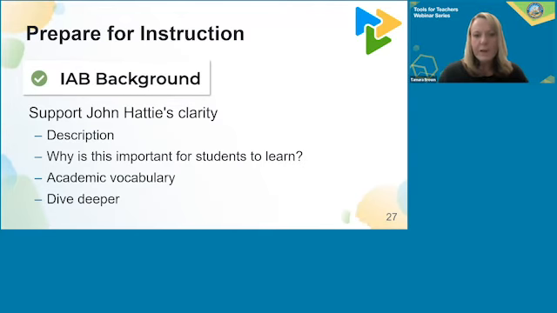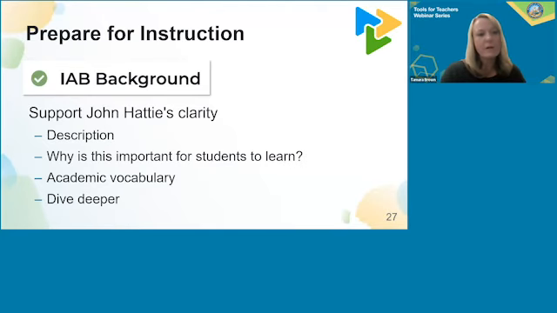So the IAB background section gives a description of the learning and explains what skills students are required to do. In the example of the playlist that you have, it tells teachers that students not only have to explain, but they also have to apply that math concept. In this section online, teachers can also view the interim items. The teachers at my school site like to view the items prior to planning for their instruction.